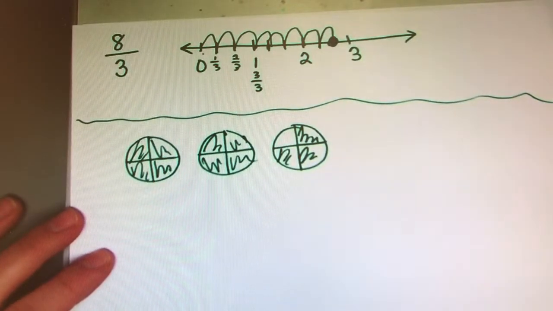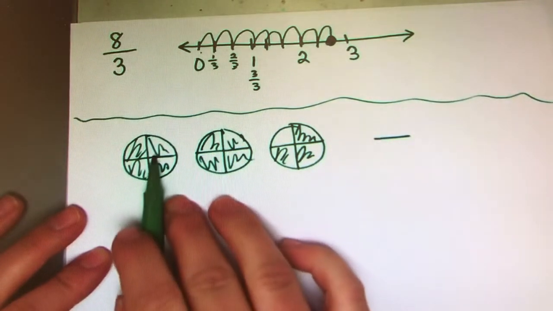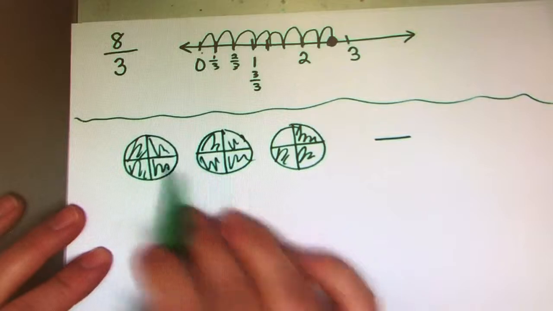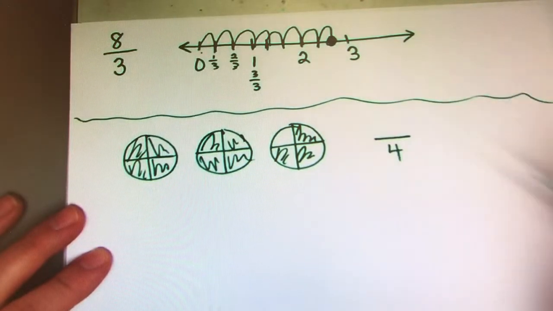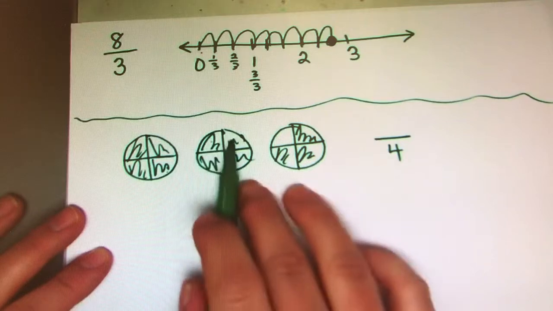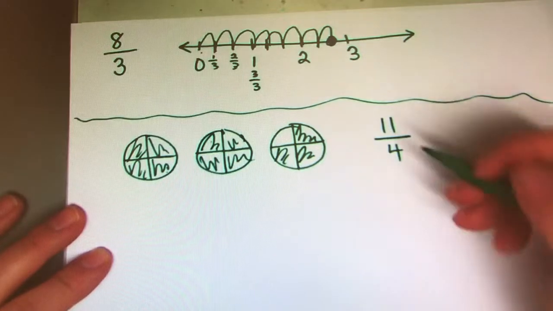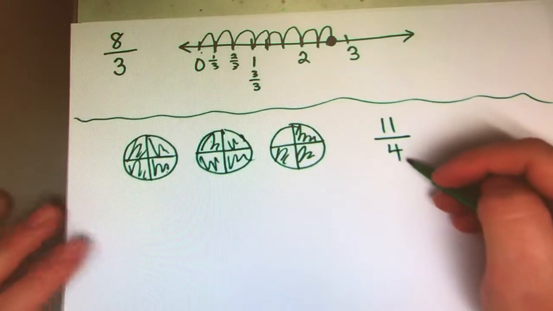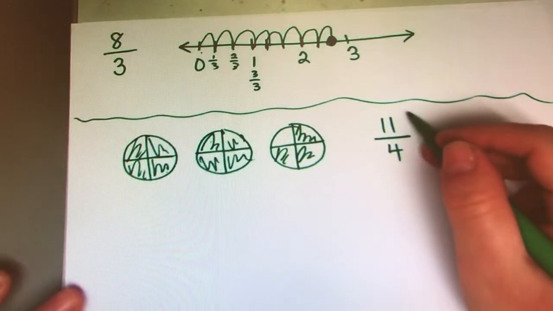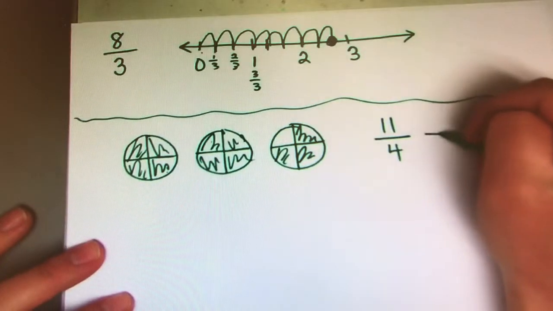Okay, so if I wanted to represent this as just a fraction, meaning just a numerator and a denominator, the first thing I look at is how many pieces is each whole divided into. Each whole is divided into fourths. So I know my denominator is fourths because that tells me what kind of pieces they are. And then all I have to do is count how many fourths. 1, 2, 3, 4, 5, 6, 7, 8, 9, 10, 11. So I could represent this picture with a fraction and say I have 11 fourths. In other words, if I was passing out fourths to people, I would have enough for 11 people. I could give each person a fourth. Okay? This is called an improper fraction